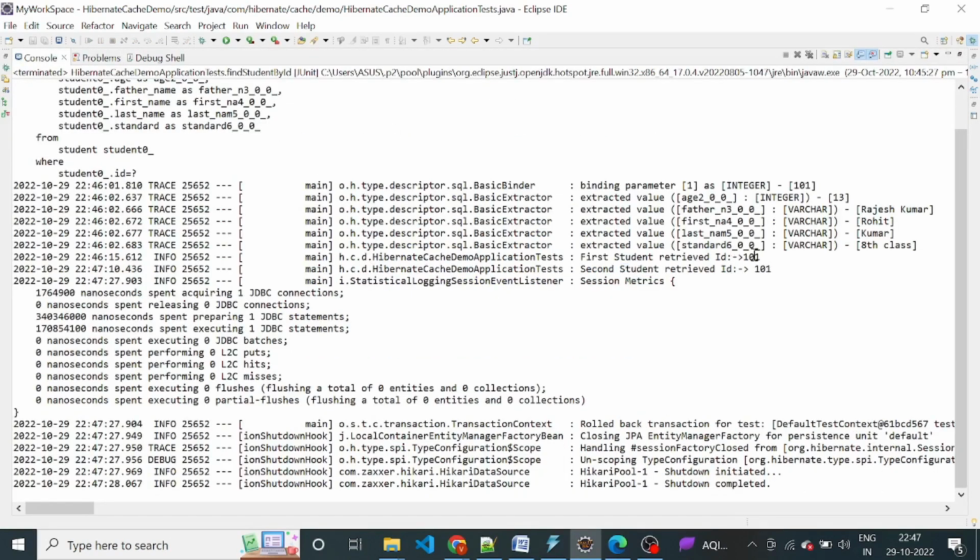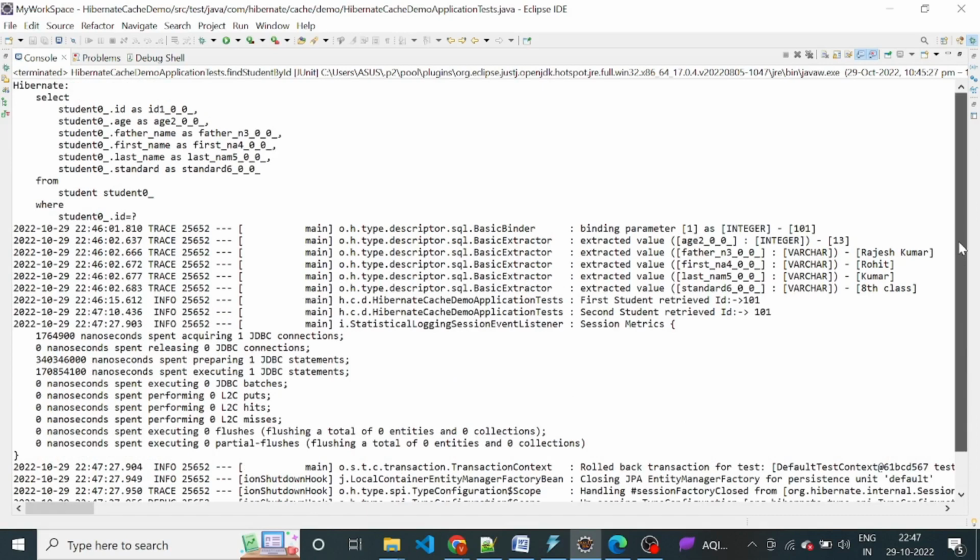So as we can see here, for both the method calls there is only one select query fired, means the first time the select query is fired and this data is placed inside the cache area, and then again when we call the same method and we are trying to get the same record 101, the student record of 101 ID,